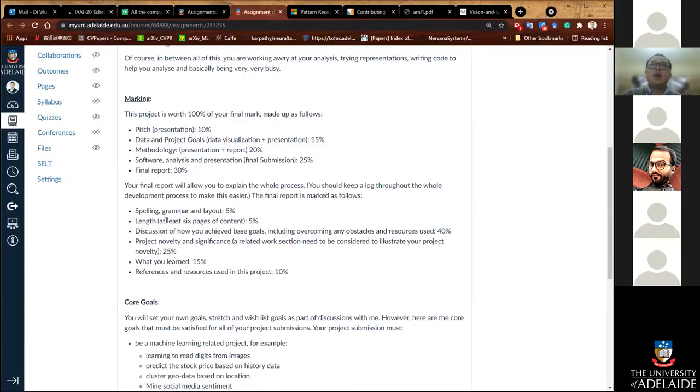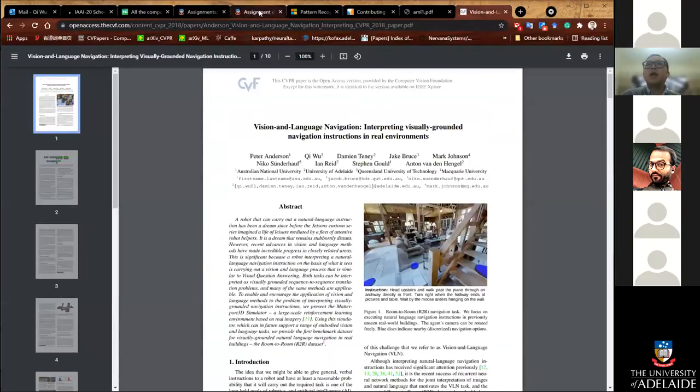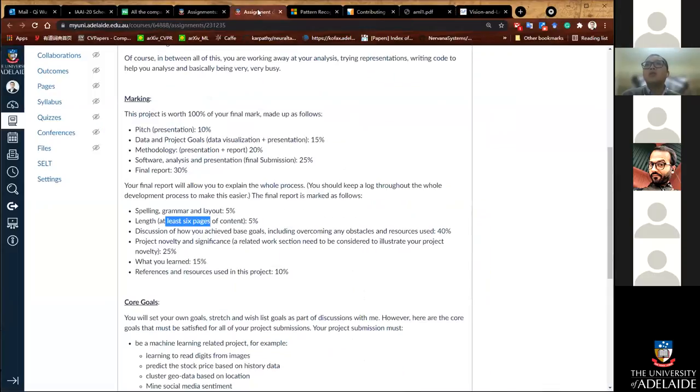And the length, yeah, at least 6 pages of the content. But I see the 6 pages, at least 6 pages. I see this version. I see the CVPR format. Okay, if you don't use this format, then we will check whether it's the right amount of length or right